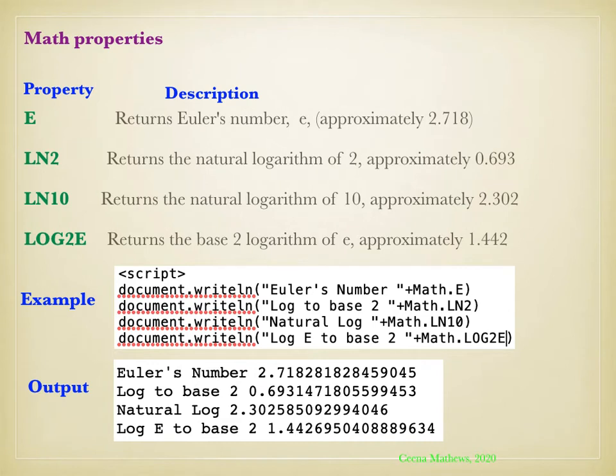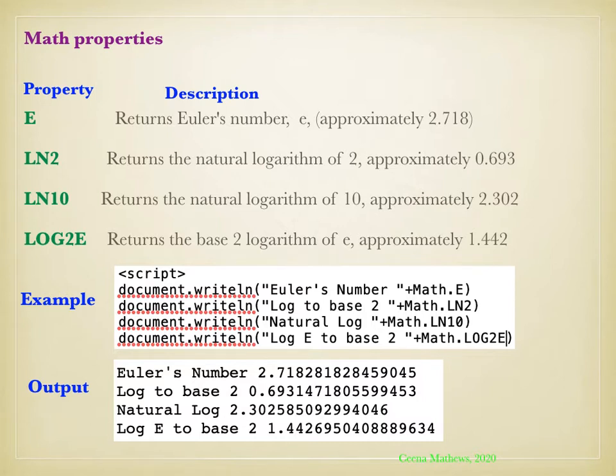Math properties. The first property is capital E, which returns the Euler's number. As you can see in the example, first line document.title Euler's number with close the quotes plus Math.E. Math M should be in capitals, and always when you use E, capital E, you have to specify it along with Math. The second property is LN2, which returns the natural logarithm of 2, and its approximate value is given